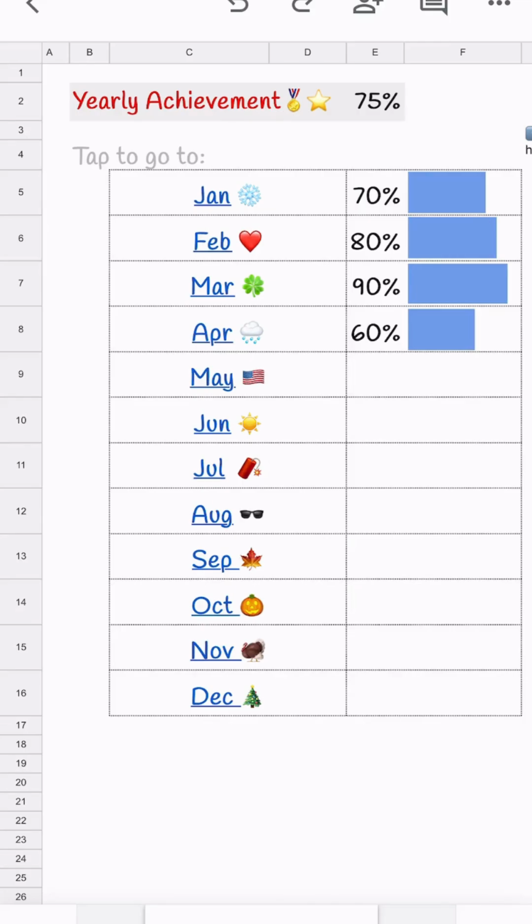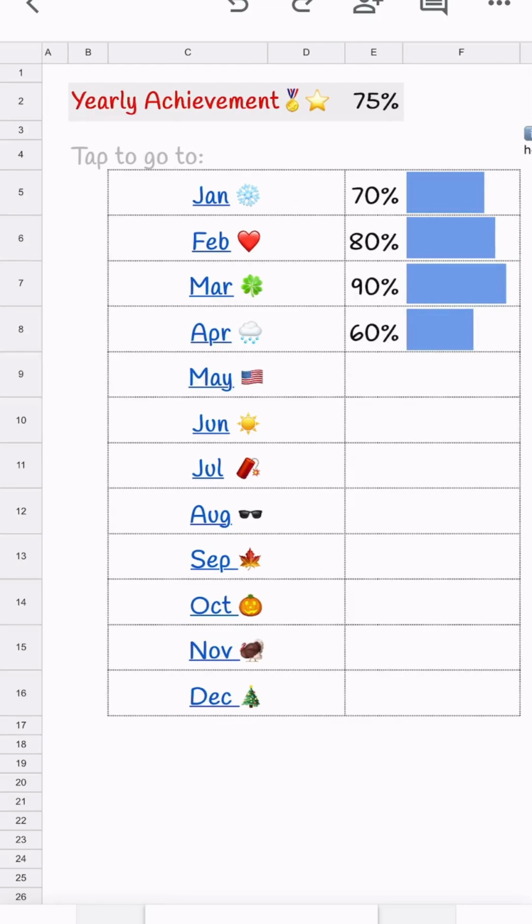All right. Once you've filled in a few months, the yearly tab is a good way to see a snapshot of how you're doing. You can see here, we filled in 4 months. It shows the different percentages. Jan starts with 70% and April is 60%. And then the yearly achievement on top aggregates all the months completed so far. And that's 75%. That's a good statistic if you are the kind of person who likes to really review and reflect on how much you've achieved versus how much you had set out to achieve, right?